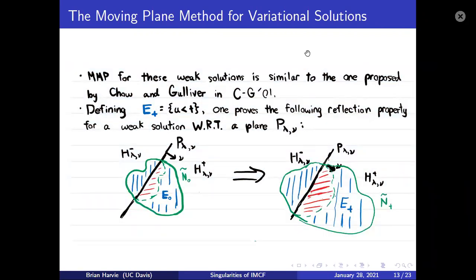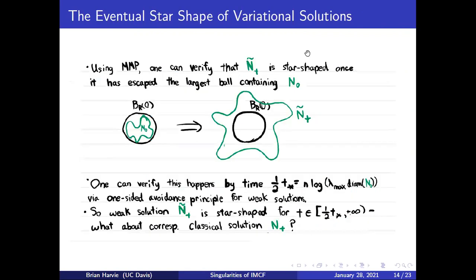And using this reflection property, you can show that the weak flow surfaces N tilde of t will be star-shaped by the time that it's fully escaped the largest ball containing N naught. So in other words, take N naught, surround it with some ball. You know that once N tilde of t is completely outside of this ball, it must be star-shaped,